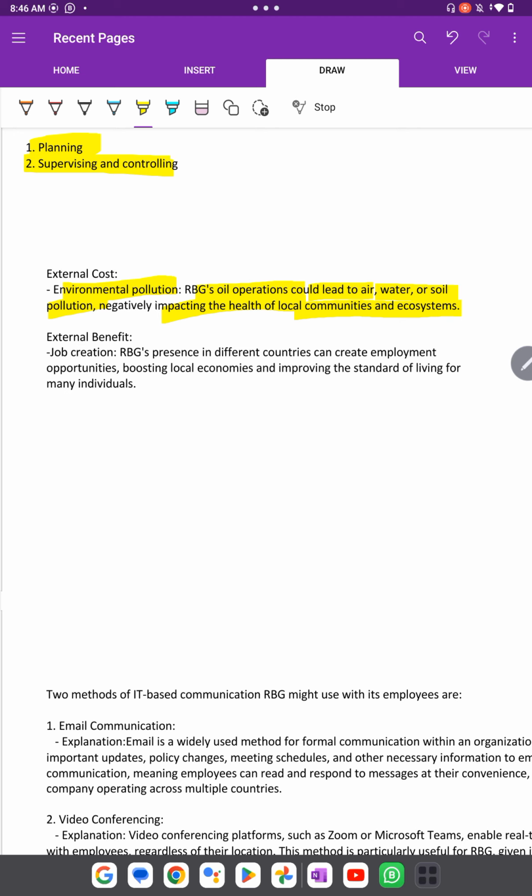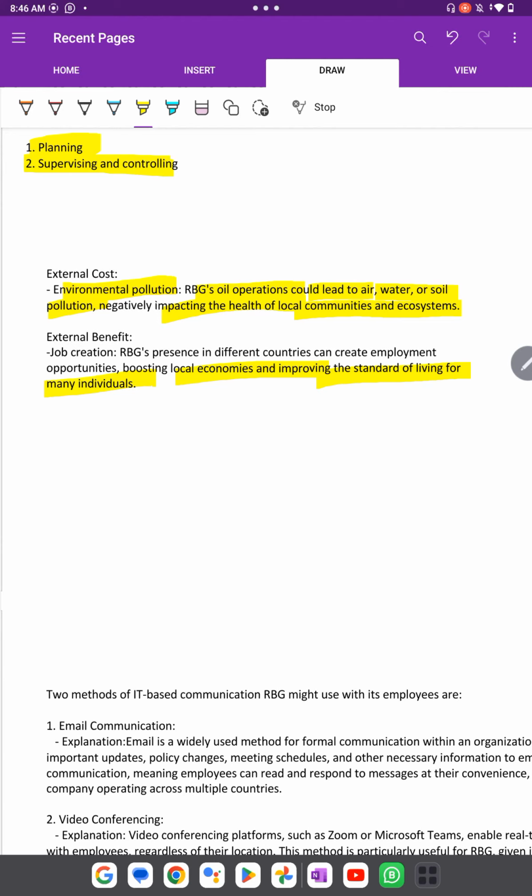Now the external benefit, because this is a business and it will be creating employment, this would be the external benefit. So boosting local economies and improving the standard of living for many individuals. Yes, if there are a lot of businesses, they will be creating different job employment. This is the external benefit, and it will be boosting the local economies, and it will increase the standard of